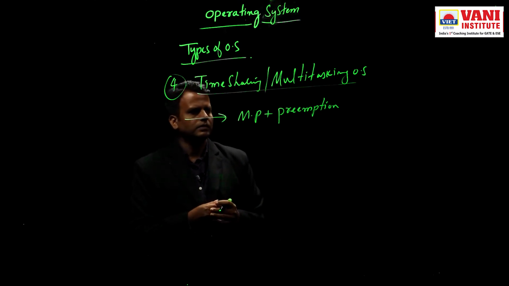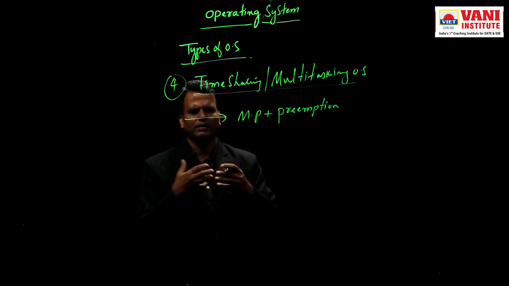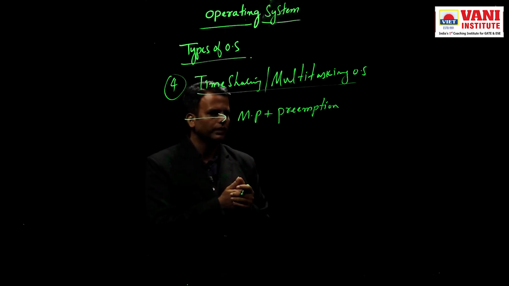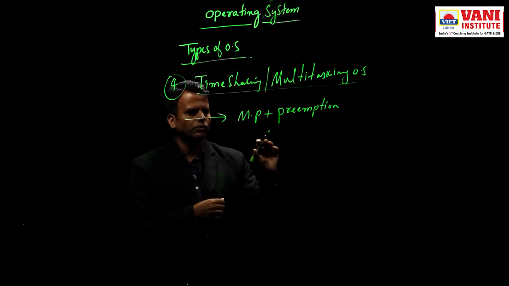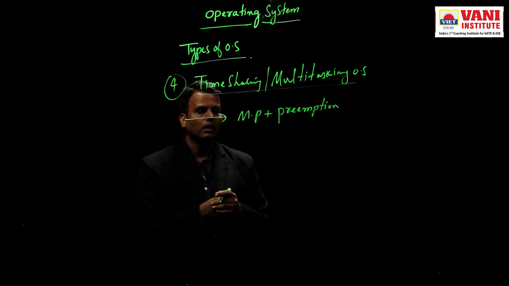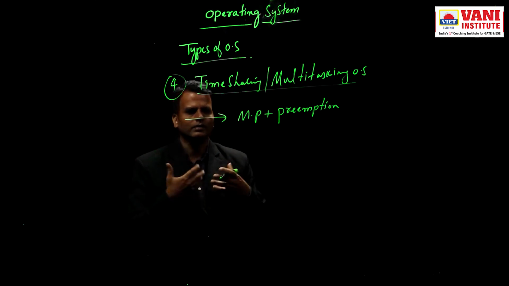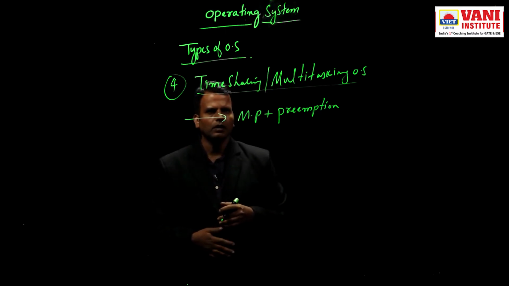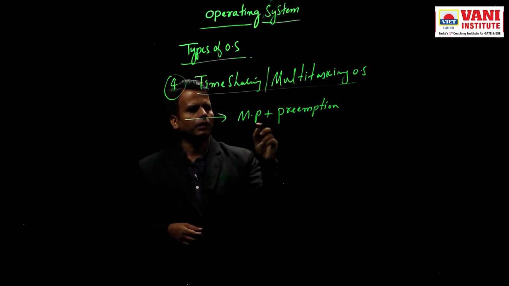What is the meaning of preemption? It means forcefully removing a process from the CPU or any other resource, but since we are in the initial days, that's why I am saying CPU. It can be main memory also, or other things. Preemption means forcefully taking a resource out of a process. Non-preemption means the process on its own, voluntarily, releases the resource. So in a time sharing system, it is multi-programming plus preemption,